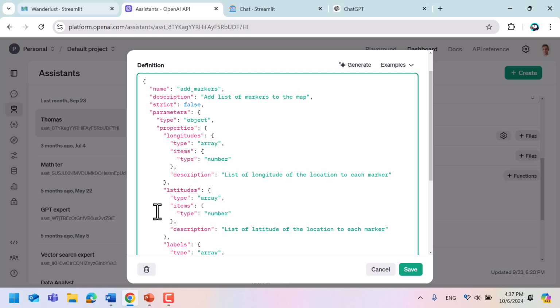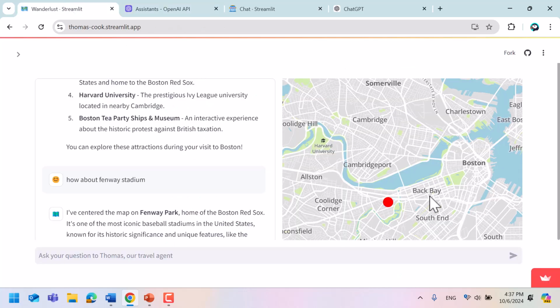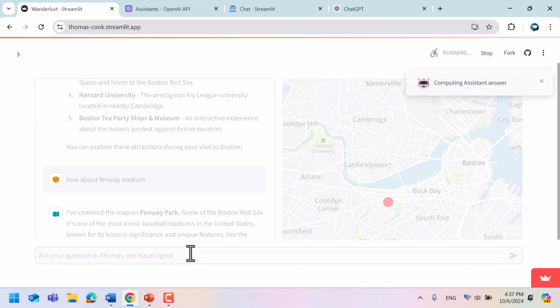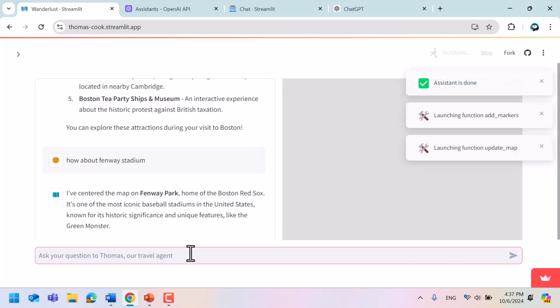This isn't great because in this case we are trying to use the AI as a way to predict what would be the longitude and latitude. And as you can see in some of those examples, it was not giving such a good response. Like for instance, the aquarium, let's see. Adding a marker, updating the map.